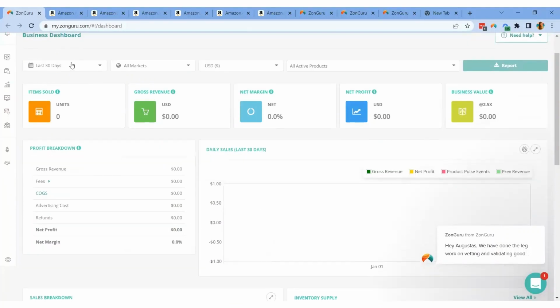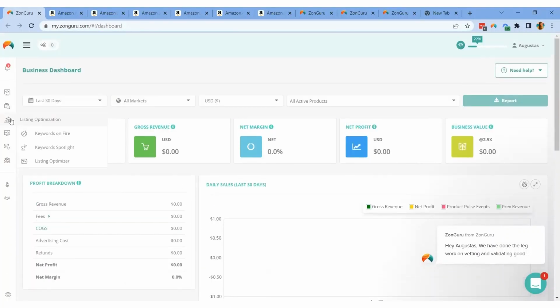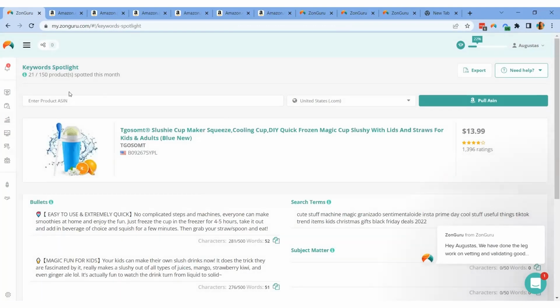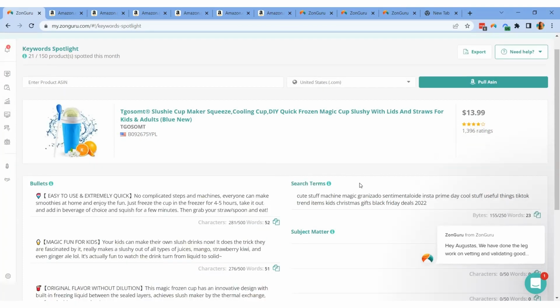So today we were able to help you do the back-end keyword search terms by using ZonGuru's Keyword Spotlight. It's so easy, you are just able to copy those competitor ASINs that you know and see right away here and compare those keywords that they are using, from their title down to the subject matter and search terms. By now, you will be able to constantly add those keywords that would otherwise not be included in the front end of your listings.